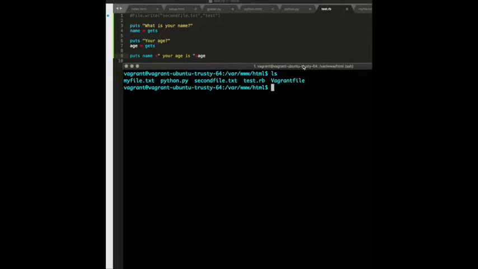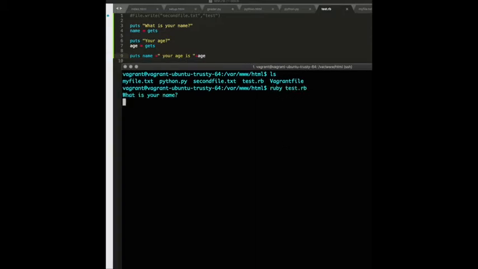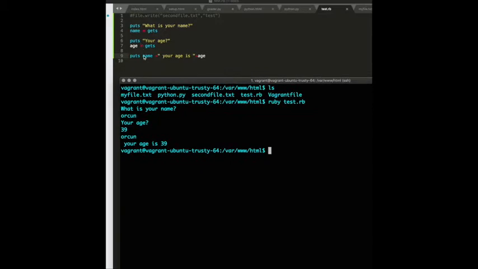I want to make sure you guys can see what I'm typing here. Ruby test.rb, your name Orchun, your age 39. Orchun, your age is 39. Alright, so it's fairly simple again to read user's input, and you see that I'm using gets,